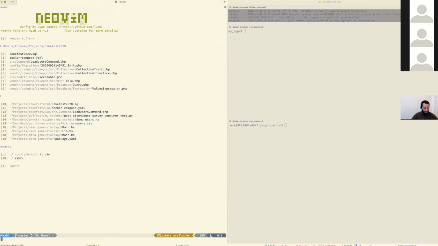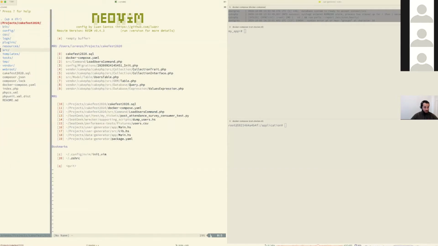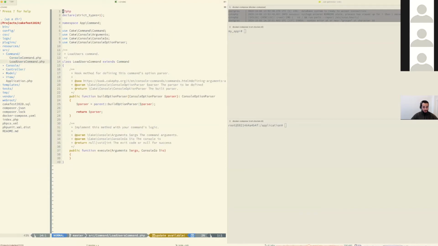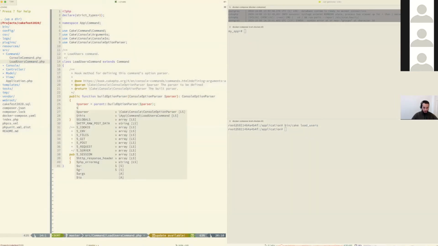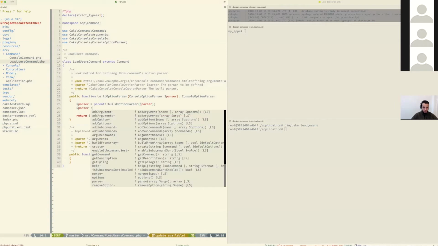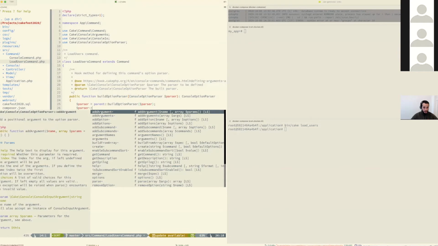and I can go in the source, console, command, source command, load users command. I have this new file. I'm not going to go into details of how this works. That's going to be for another workshop. I'm just going to say that this command can be executed with bin cake load users. Okay, it doesn't do anything currently, but now I can say to the parser of the command argument that I